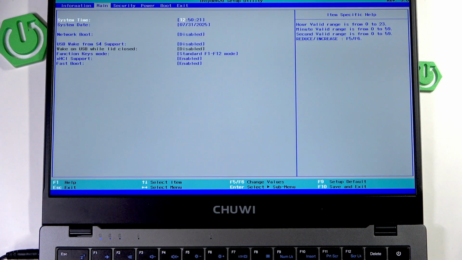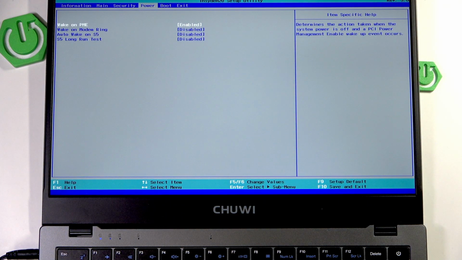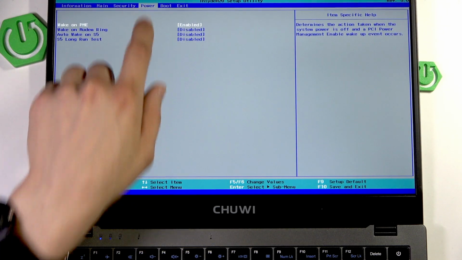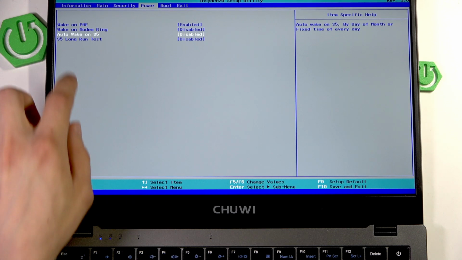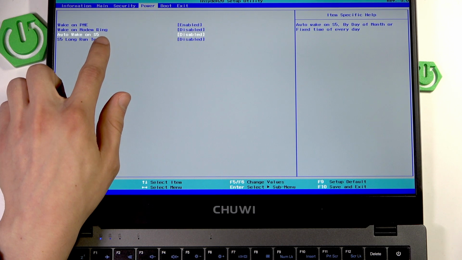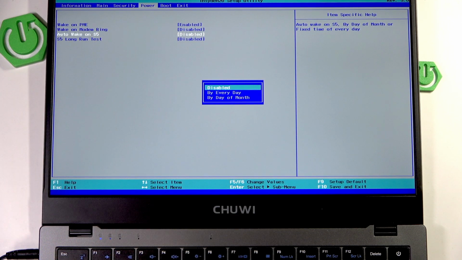Now, using the right arrow key, navigate to the Power tab, and then use the down arrow key to navigate to Auto Wake on S5. Press enter,